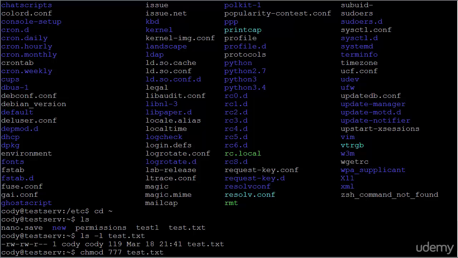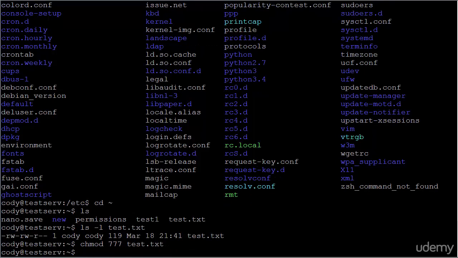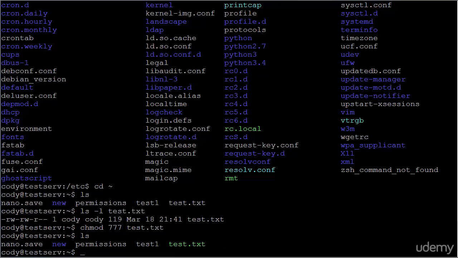Now this means that everyone can read, write, and execute this file. It's the least secure of all the permissions. It's the least restrictive. And I guess you would say it the other way, it's the most permissive. So anybody can do anything to this file. And now we see that the file actually appears in a different color in the shell because of its different